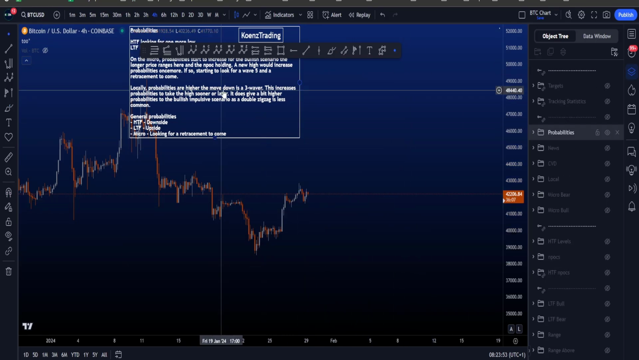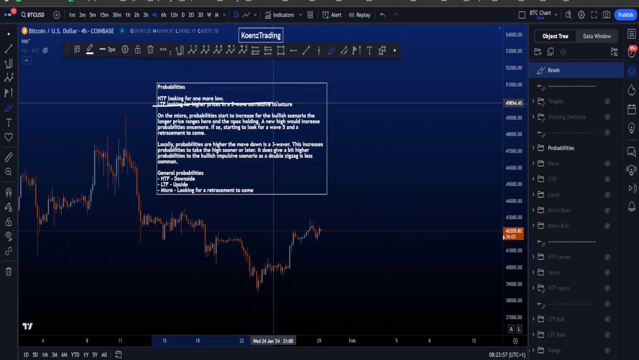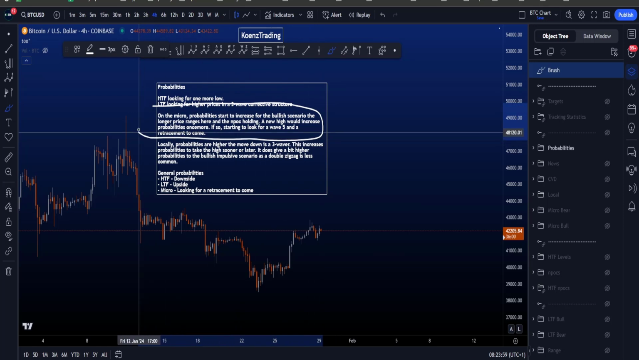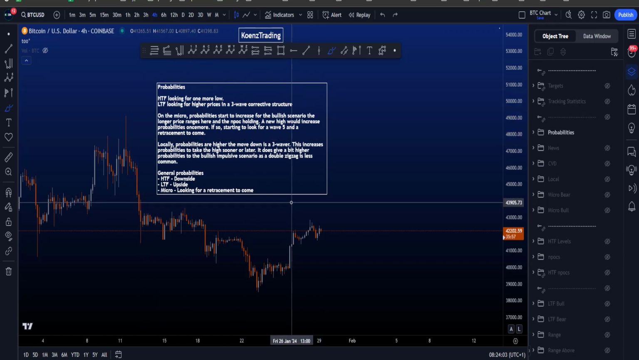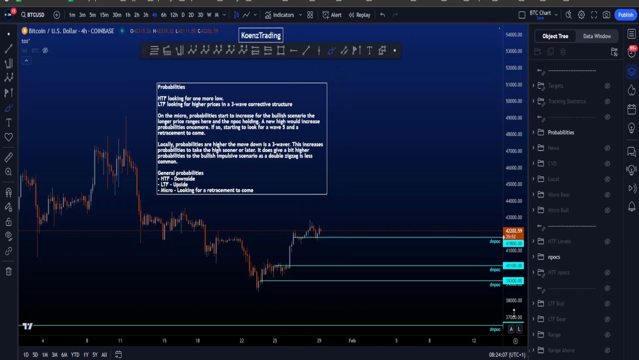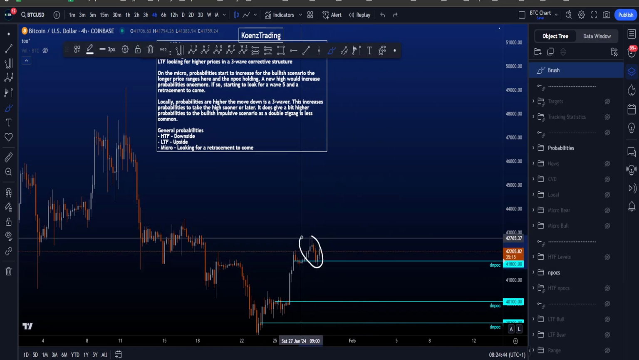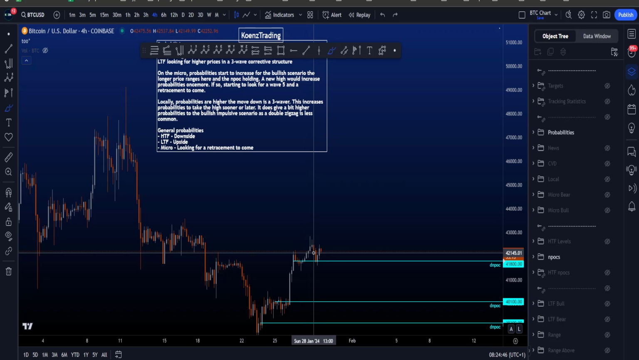Now, when we look at the micro scenarios, which I covered in this particular video, then on the micro, the probabilities start to increase for the bullish scenario, which is then the impulsive scenario. The longer price is ranging here and the naked point of control holding. Yesterday, we were talking about the probabilities switching for a move to the downside if price can hit